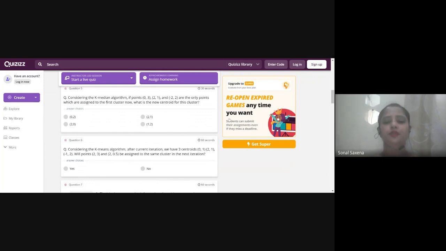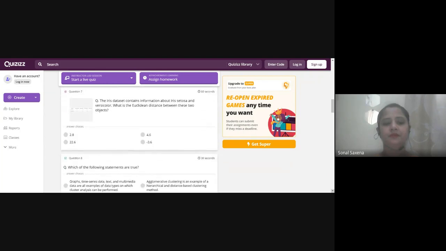These are the points given to you, and you need to find the Euclidean distance. On the basis of it, you can find out. Let us quickly see question number 7. If you want to find the Euclidean distance between the values given, these are the values. I hope this is visible to all of you. It is 4.9, 3.0, 1.4, 0.2, 5.6, 2.5, 3.9, and 1.1. So it is very easy. You can find the Euclidean distance, which is based on the mean squared values. And quickly see question number 8.